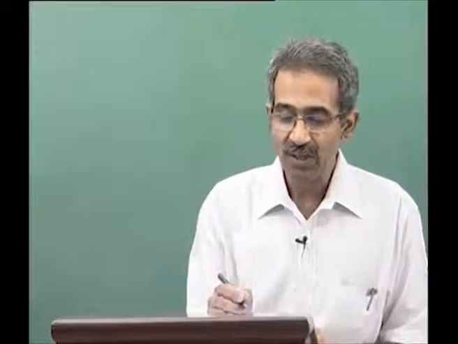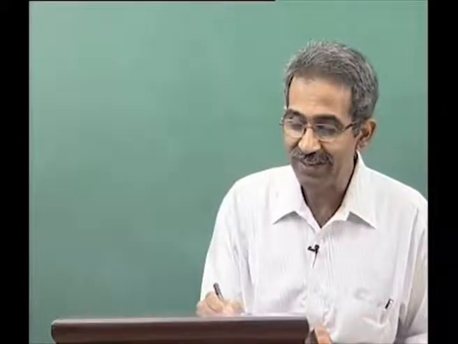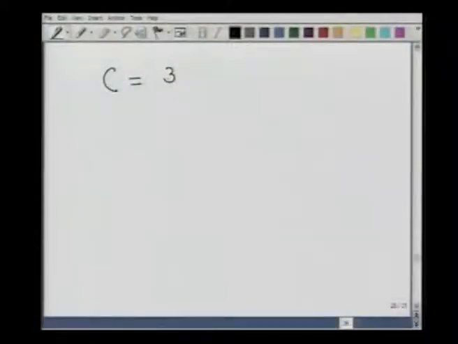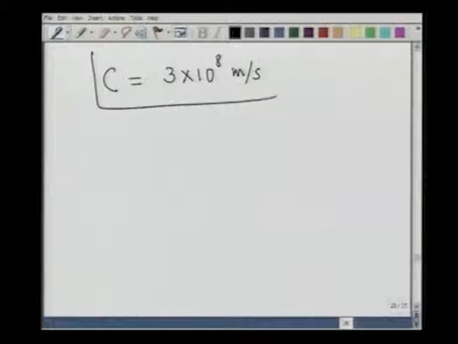I do not yet know the solution. I will write it down in a short while. In fact, it is not going to be very different from your oscillator solution. It will propagate with the speed c. Now, I invite you to go back and substitute for epsilon and c in your SI units. If you did that, you will find that c is roughly 3 into 10 to the power of 8 meters per second. That is the number that we are going to get.